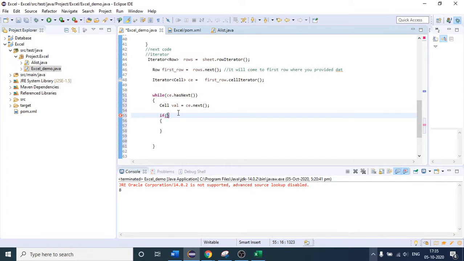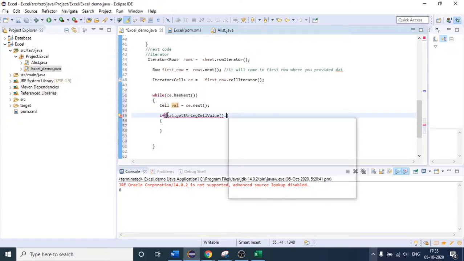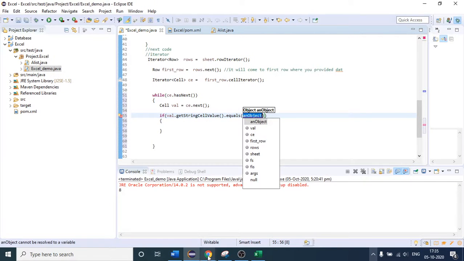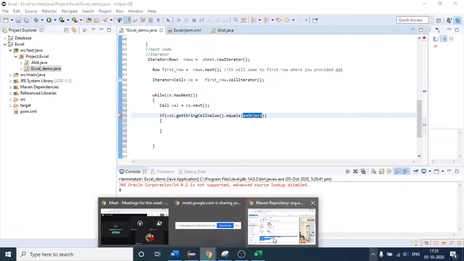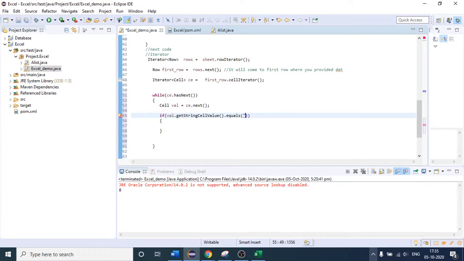So as of now, I'm saying if this value, I am saying value dot getStringCellValue dot equals. I am saying what it should be equal to. It should be equal to this college test case. So in the equals, I will provide college TC.